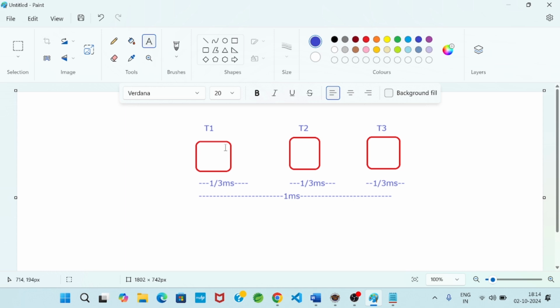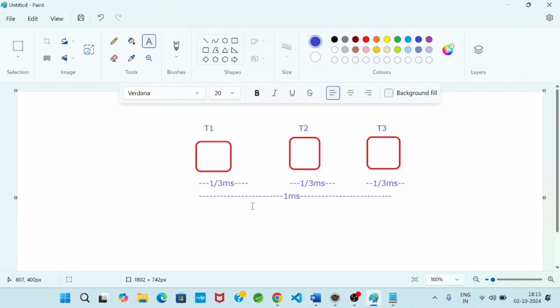Now T1 started its execution. Later on, I will explain that each and every thread has a priority. Okay, so priority is a terminology. In this way, T1 took 1 by 3 millisecond for completing its execution. Similarly, T2 and T3 took 1 by 3 millisecond for completing their execution.